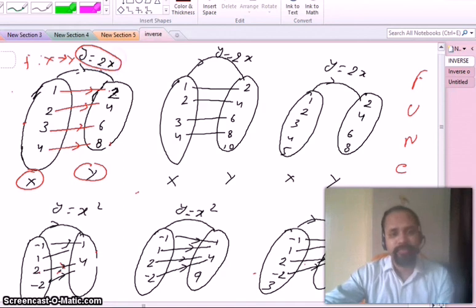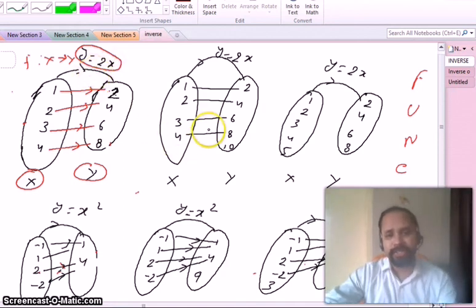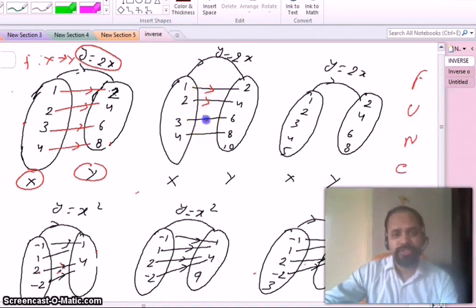That means if x equals 1, then y equals 2x. If we come to this example, x equals 1, then y equals 2; 2 then 4; 3 then 6; 4 then 8. There is an extra image here, that is 10. The basic criteria of a function is for every input there must be an output, a unique output. Okay, but here is an extra output. So an extra output can be present, but an extra element must not be present in the function. That means if an extra element is present, the output is not present, and if the output is not present, that means that is not a function.